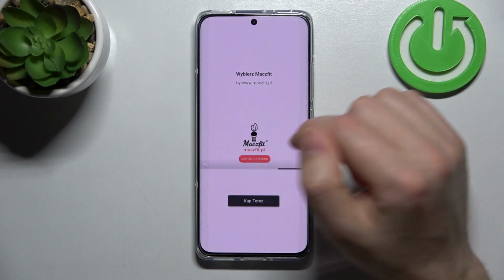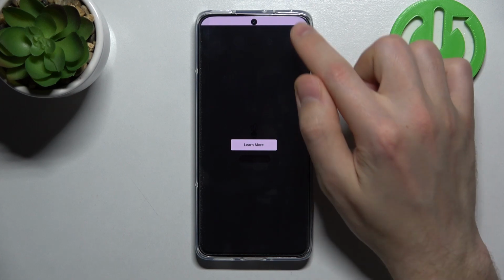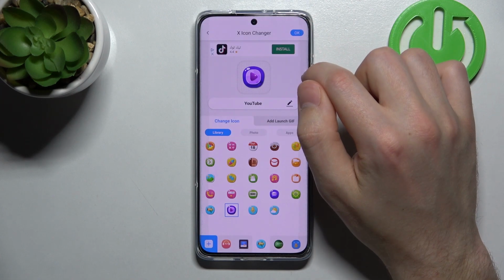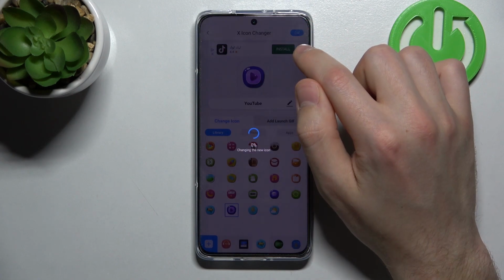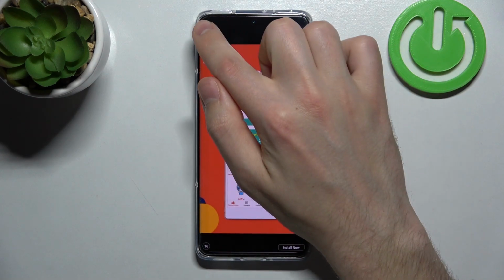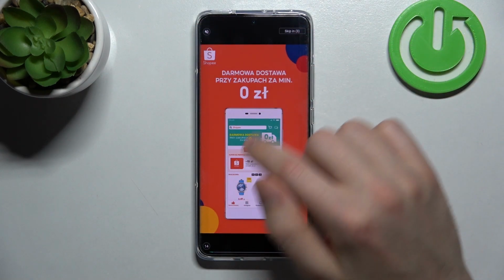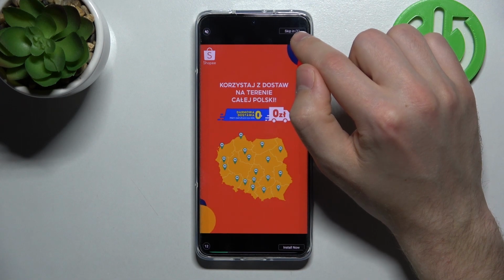Close ads one more time. Okay, maybe let's try again. Okay. Sorry, we got a success message, so